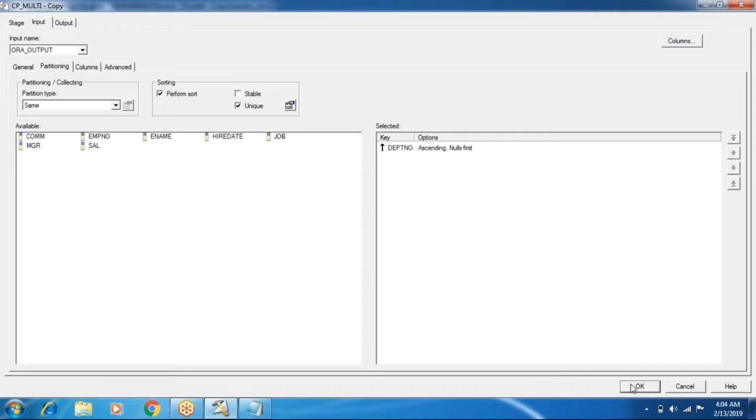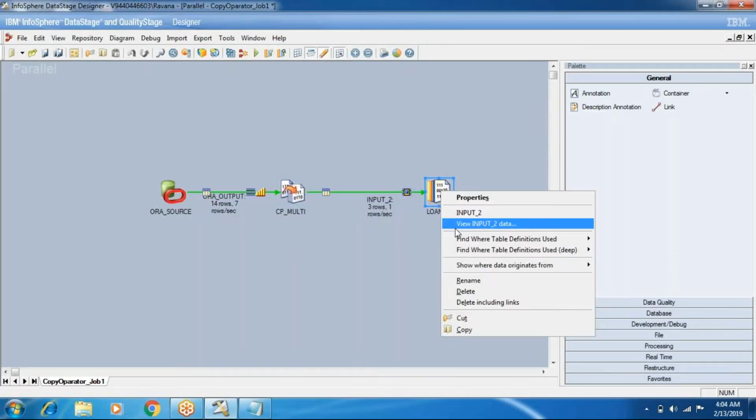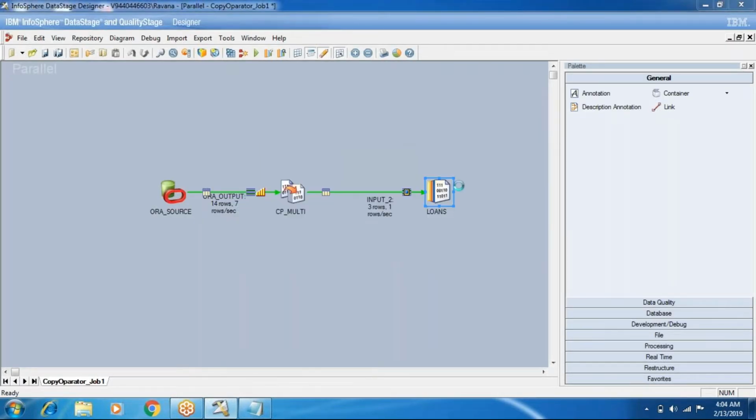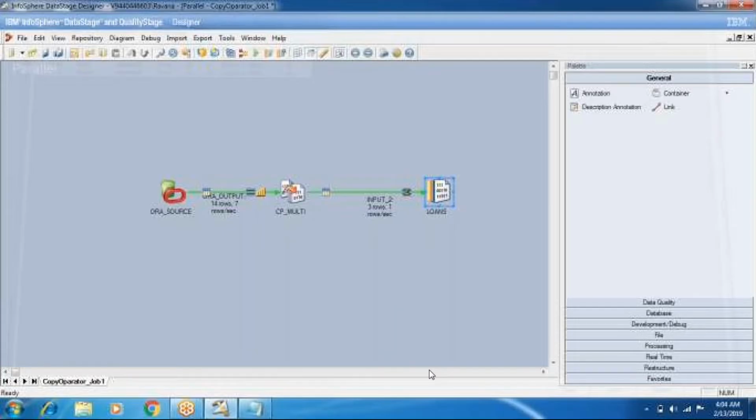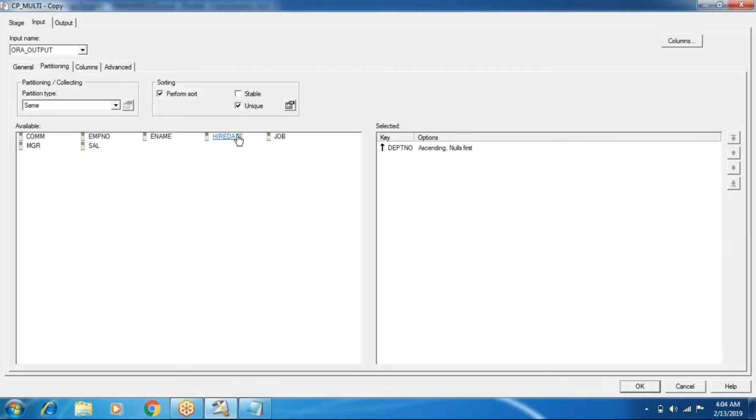Department number. So if you remember the class of the remove duplicate stage, with the remove duplicate stage on department number only, you get 3 records, and if you do it on job, only 5 records will be written to the target. Correct or not? So I'll just select the key column as